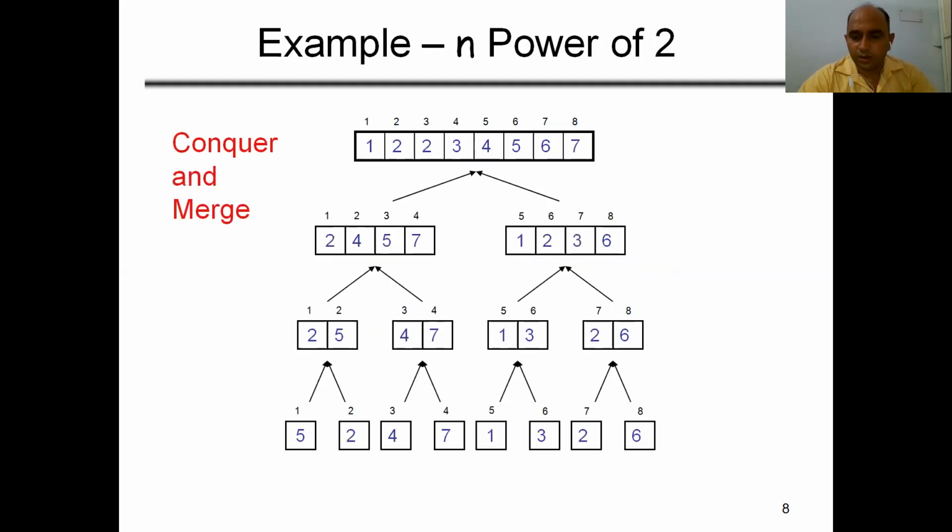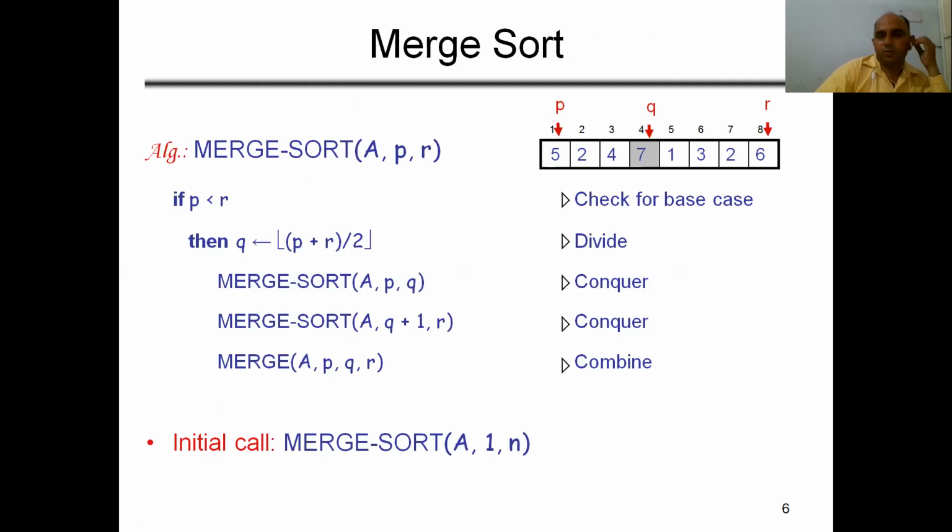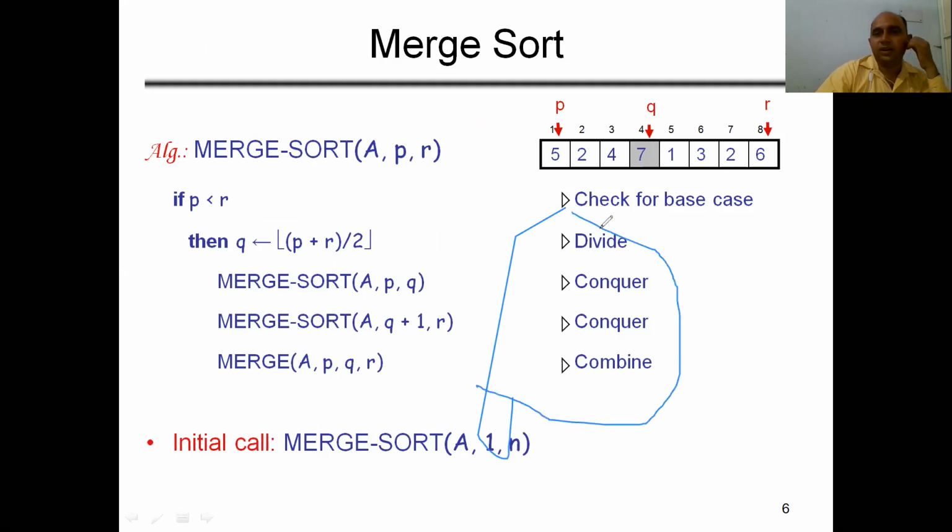Now comes our logic of merge sort, that is how we are applying these three main steps of the divide and conquer method. First is divide, then conquer, then combine. So at the right side you can see written the divide step. The first step is a divide step, then the next two steps are conquer steps, and the final step is the merge step. So as we talked about the divide and conquer method, the three main steps are here.